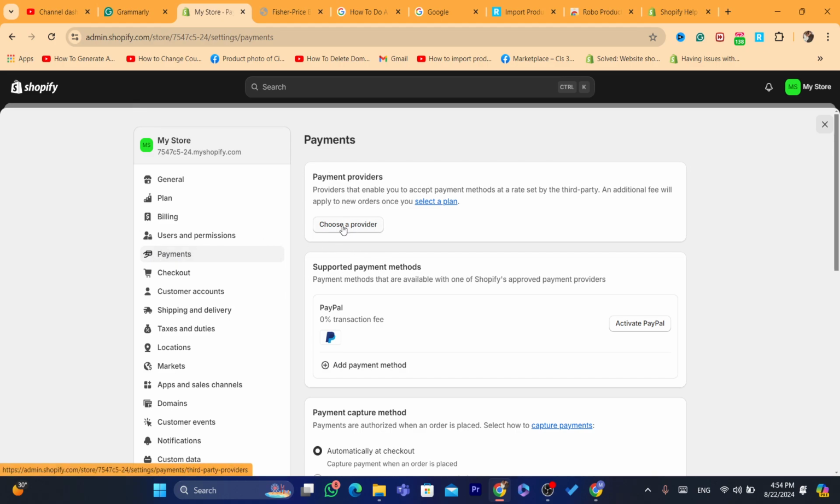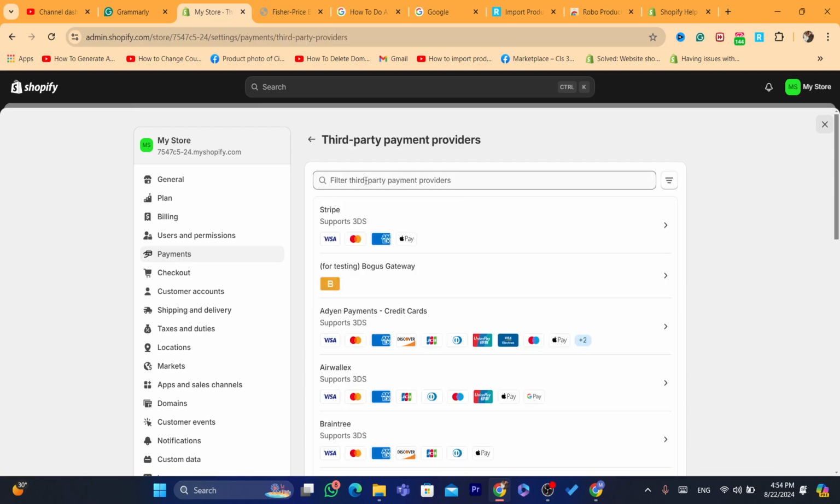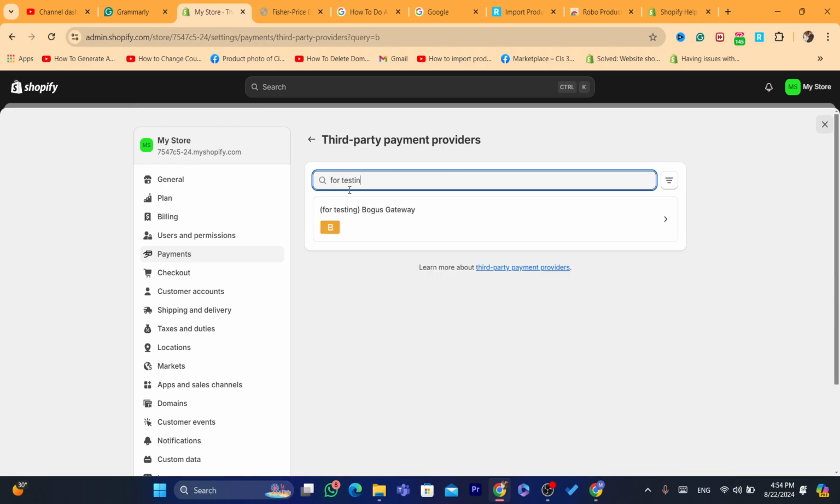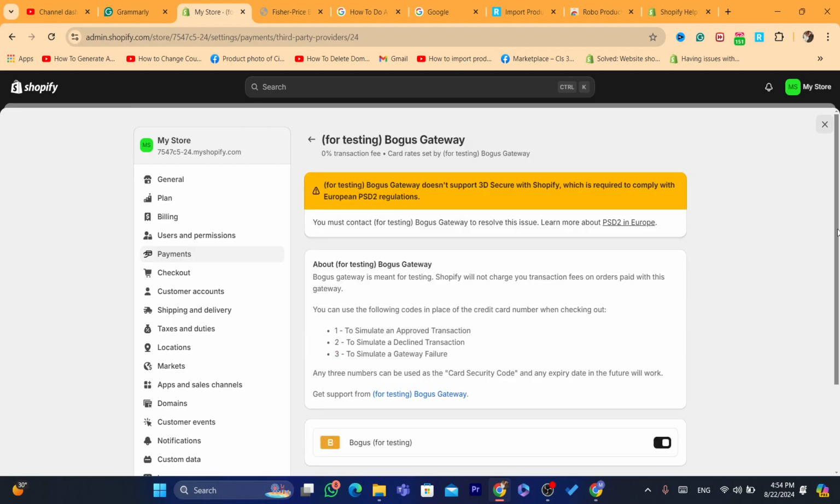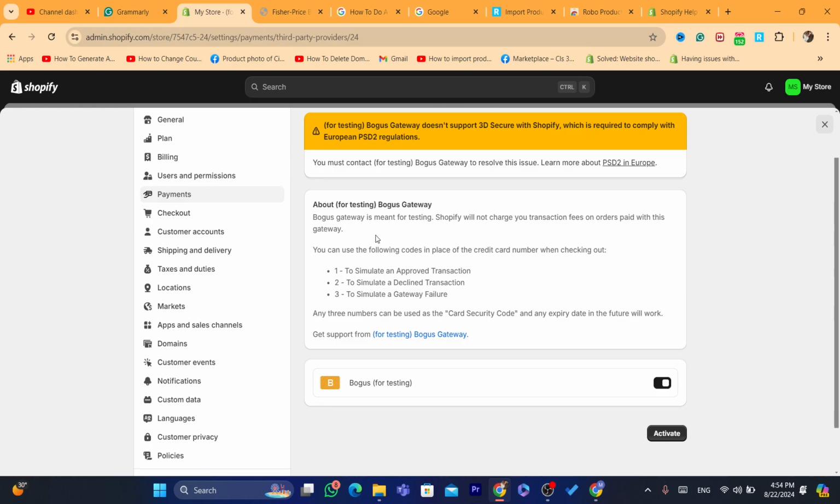Okay, now what you guys need to do is, as you can see here where it says payments, you want to click here where it says choose provider, and you want to search for testing. Okay, as you can see, just search for testing, and you want to enable this gateway. Click on it, and as you can see here, guys, it says